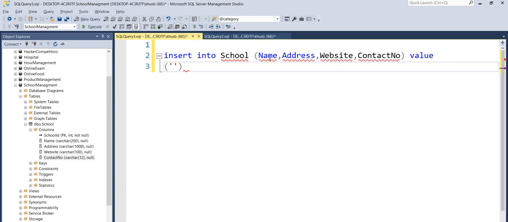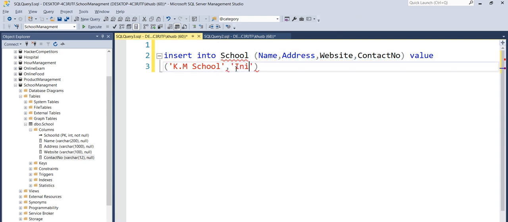Now inside this, for name, what will be the name of our school, you need to specify the value according to the order of these columns. So for name you need to specify name here. So let's say KM school, anything for now. Address, what is the address?